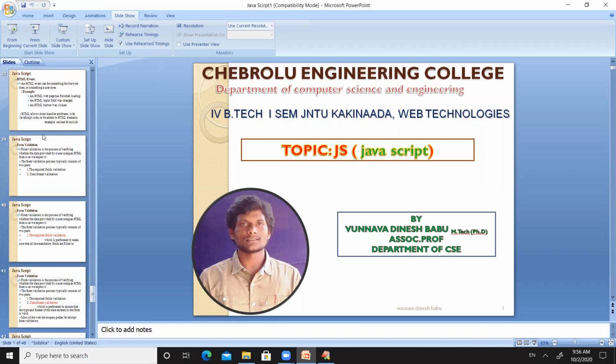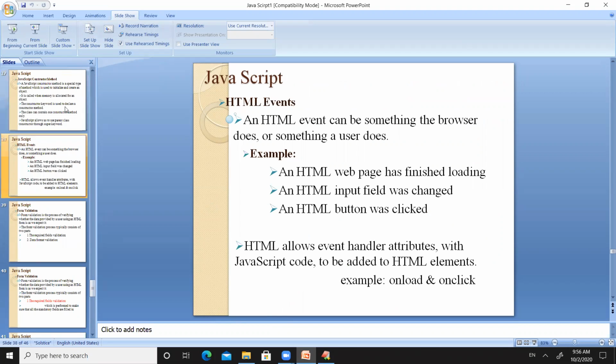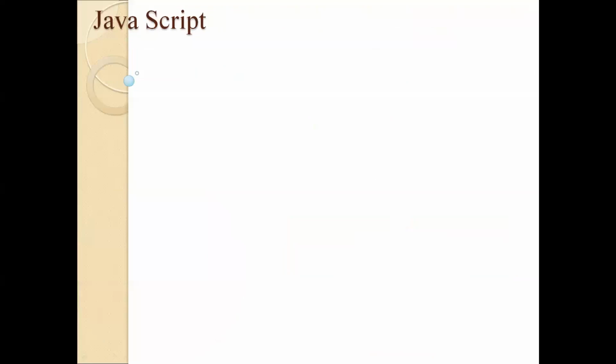So let us start today's session with events in HTML. We all know how to generate an event and how to handle an event in Java. But in today's class, we are going to see how to handle the events in JavaScript.